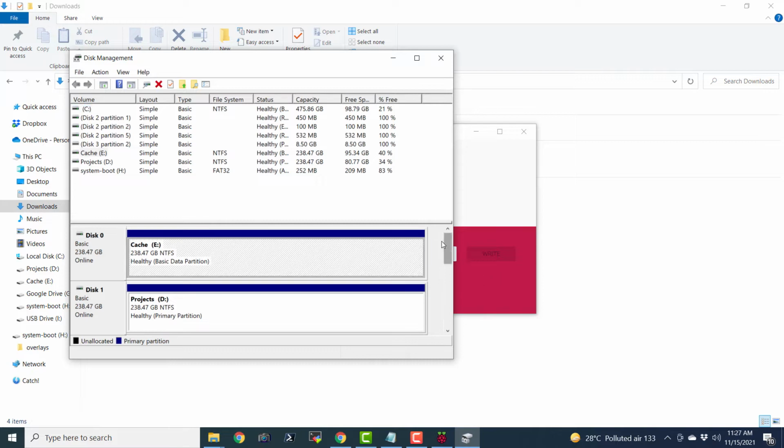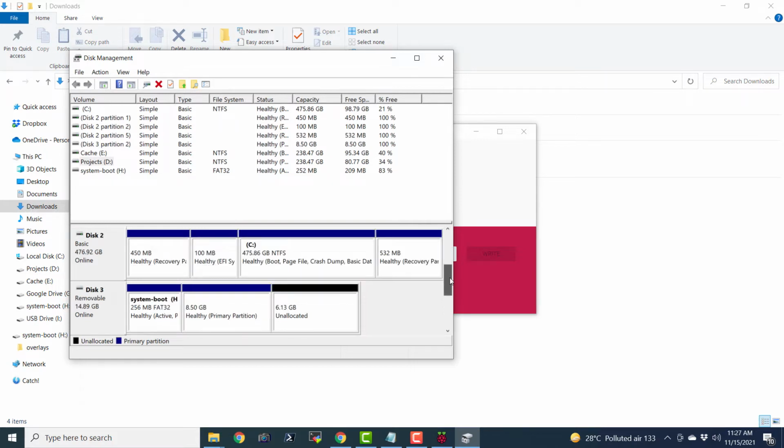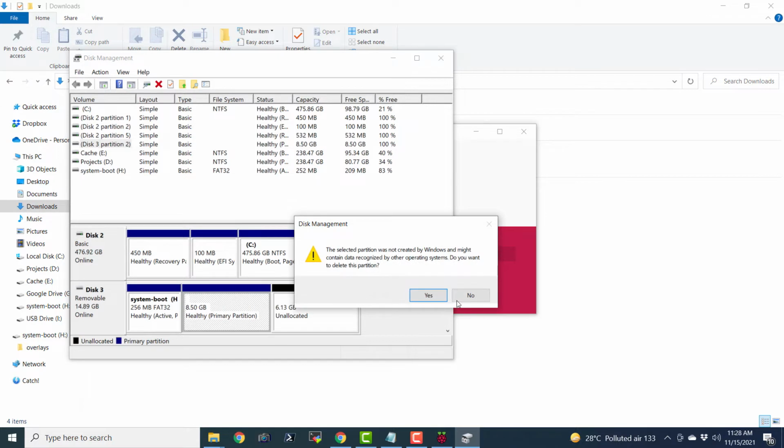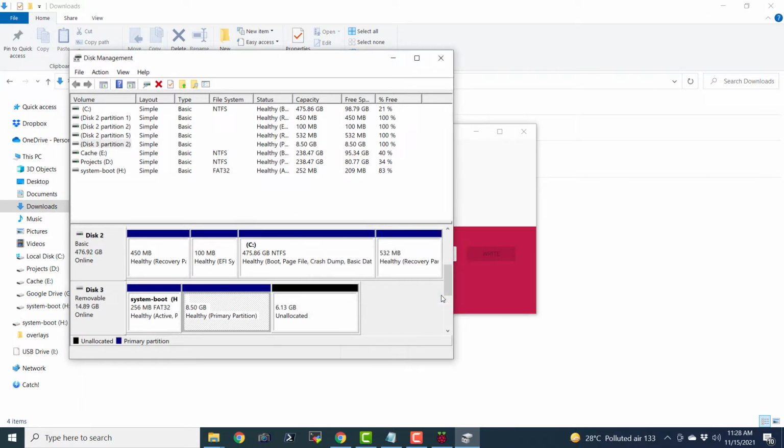So I have got 3 disks. Here is E colon, here we have D colon, and here we have C colon. These are not removable disks. These are basic disks. Now, this is the removable disk, and this is the micro SD card. So we are just going to go ahead and delete volumes on it. Be careful not to delete volumes on your hard drive, otherwise it is going to mess up your computer and you may not be able to recover it.